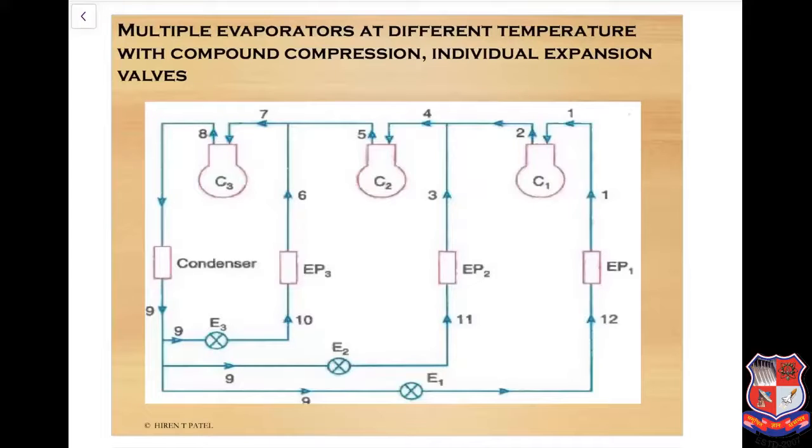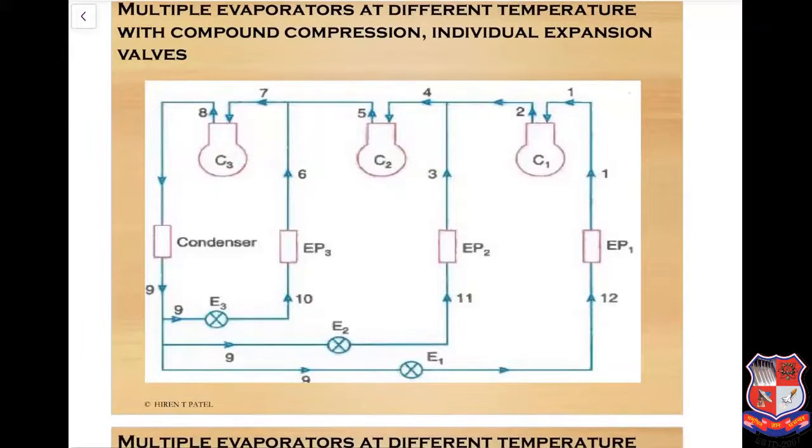So instead of having individual compressors, here the compression process is done in stages. So the compression will be in a compound manner. Here we can see that the refrigerant coming from evaporator 1 is first compressed in